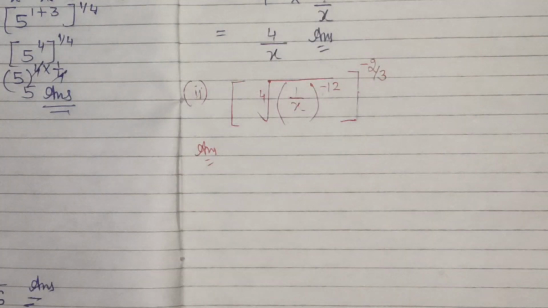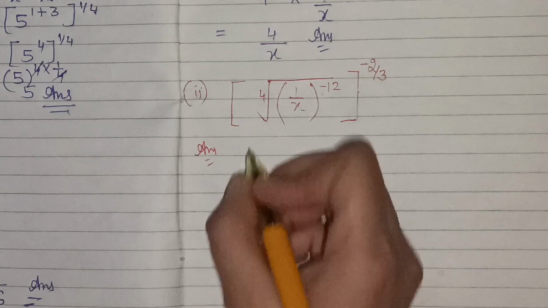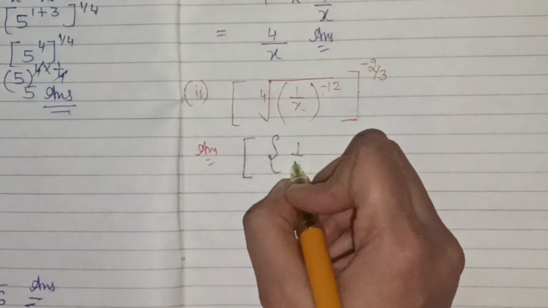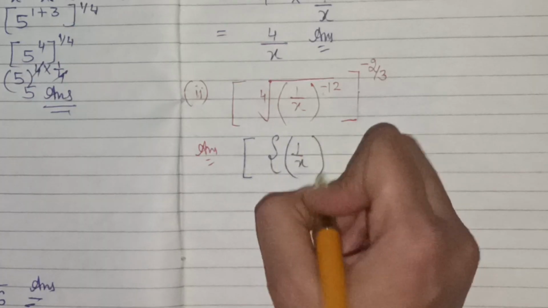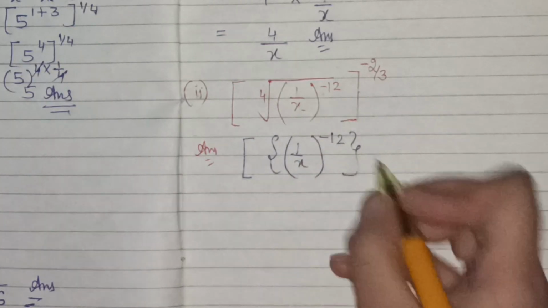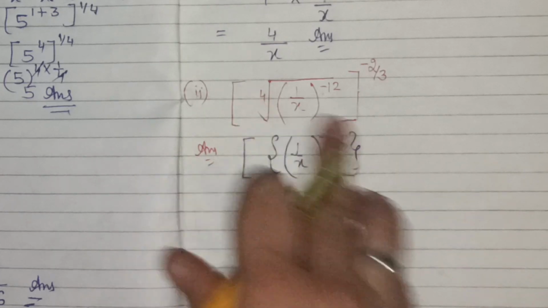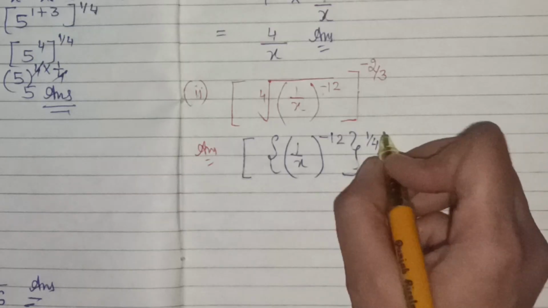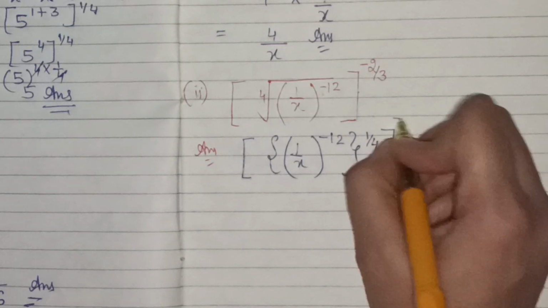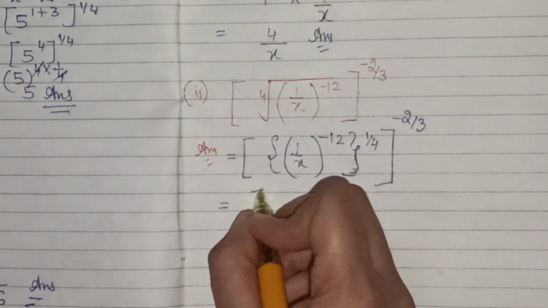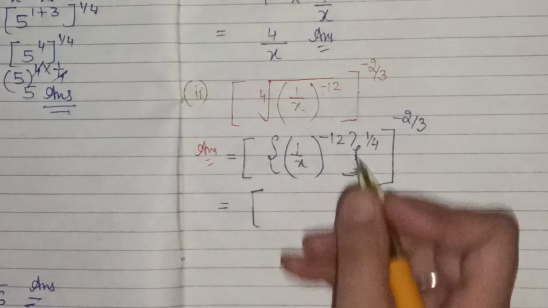Now I can write this as bracket, 1 upon x raised to power minus 12, and I write this fourth root in exponent form, 1 upon 4. Now the whole exponent is minus 2 divided by 3. Here now I make it a positive exponent